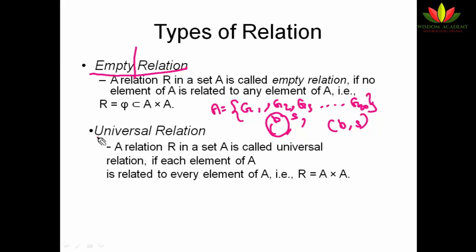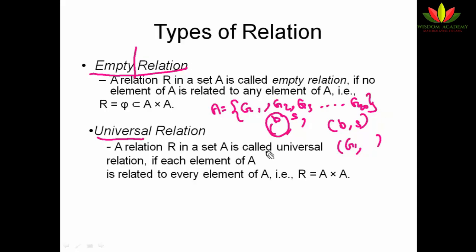The second is the universal relation. We can take the same classroom and I want to form a pair of two girls. Let it be any pair. Whatever I select, G1, G2 or G3, G20 or G20, G2, G3, I will get all of them as a relation, right? So all the things will be a relation.